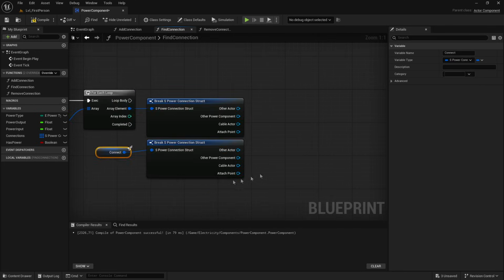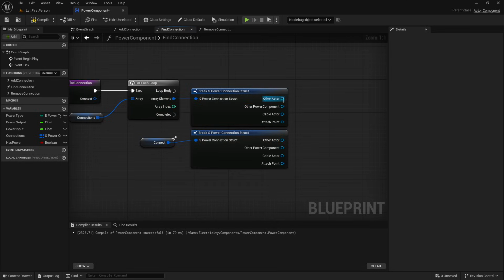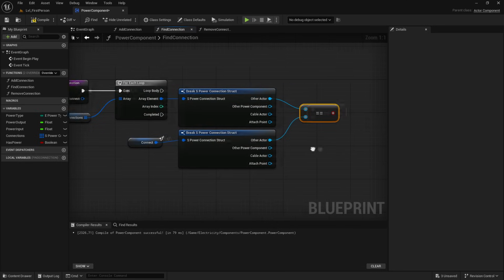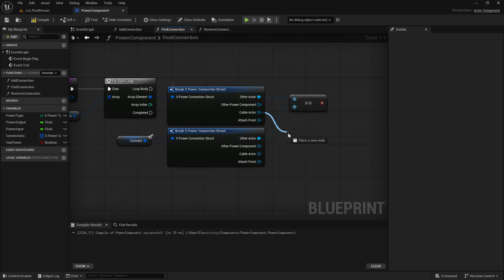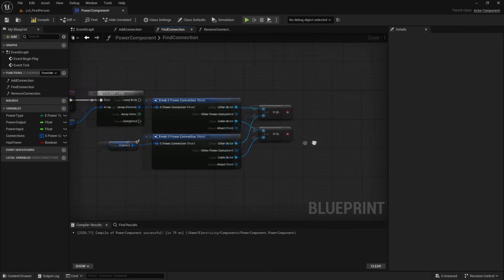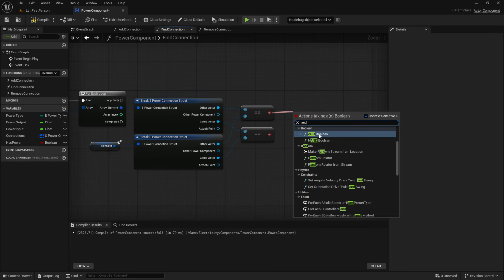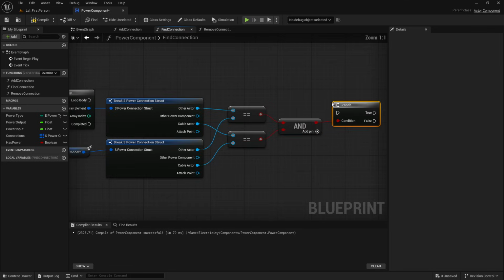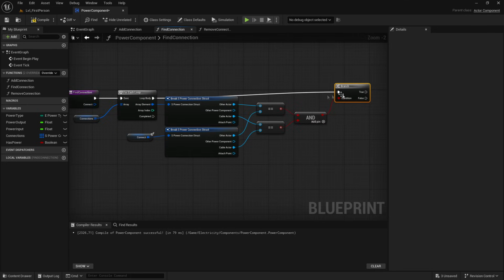And so we're going to check if the other actor from our already existing connections is equal to the one that we are providing it. And also we're going to check if the cable is the same as well. Now we're going to do an AND between both of these to make sure that both of these are true. And then if both of those are true,